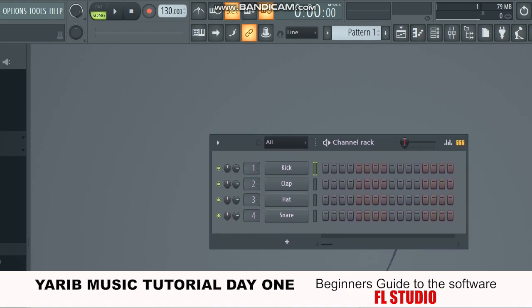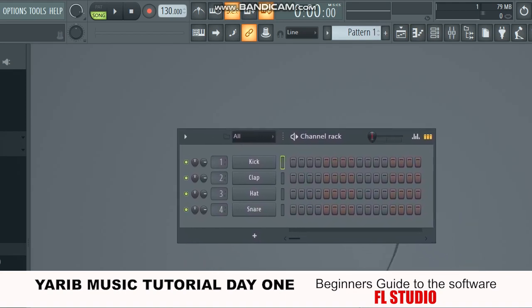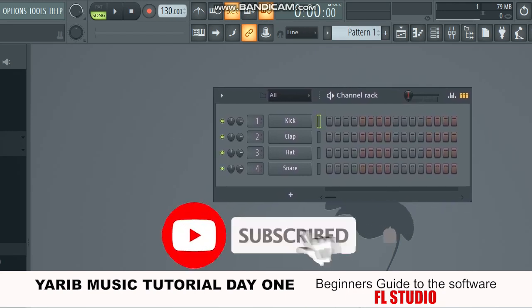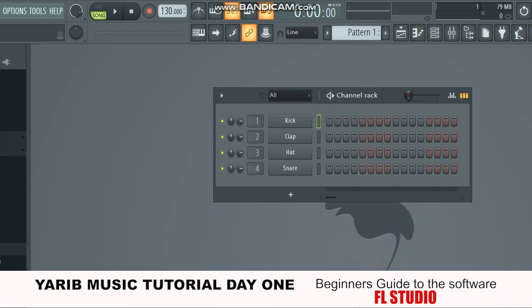This one, as you are seeing it, is called the channel rack. That is where you'll be fixing your channels. Channels ranging from kicks, hi-hat, keyboard, piano, guitar, bass, and any instrument that you wish to insert, depending on the type of song that you are working on. If it is gospel, highlife, hip hop, or afro,